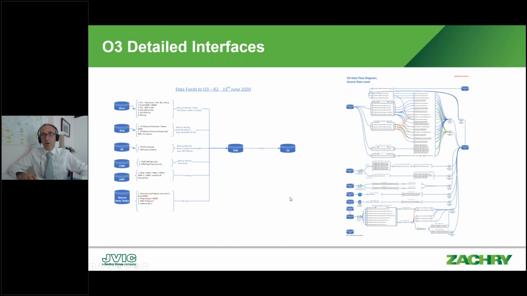And FERC, which is the Federal Energy Regulatory Commission, we have packages of documents that need to be submitted to them, and we are using O3 in order to create constraints and manage those to make sure that those are visible and on the radar of everybody involved. So it's lots of different buckets, but all very interrelated.